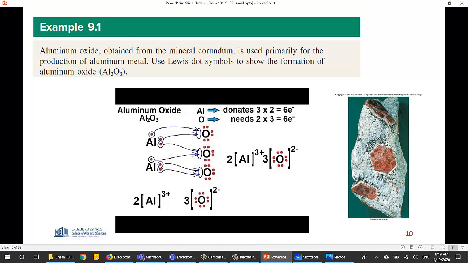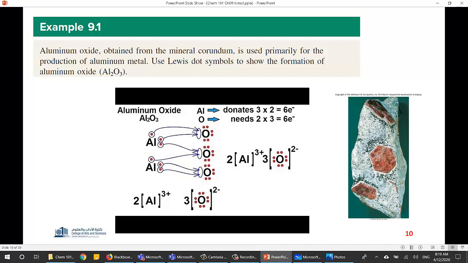Al, in the third group, likes to lose 3 electrons to form Al3+, because by losing 3 electrons it becomes like the nearest noble gas configuration. Oxygen is group 6, that's why it needs 2 electrons to reach the nearest noble gas configuration. So when you're forming Al3+,